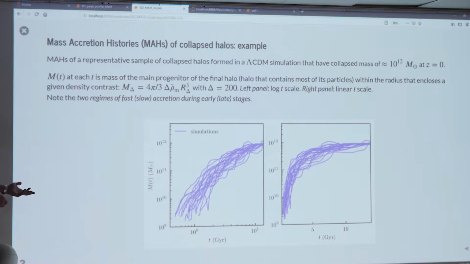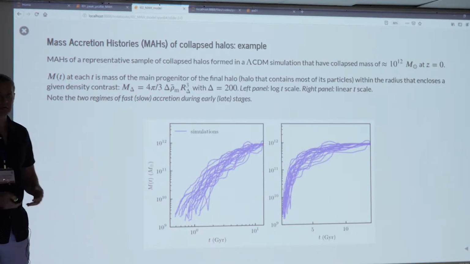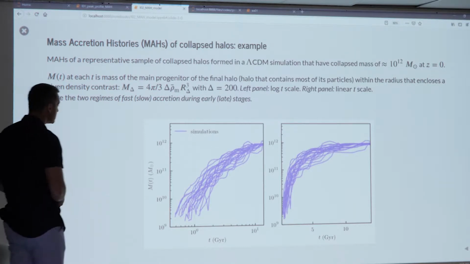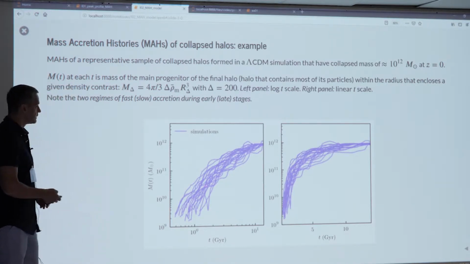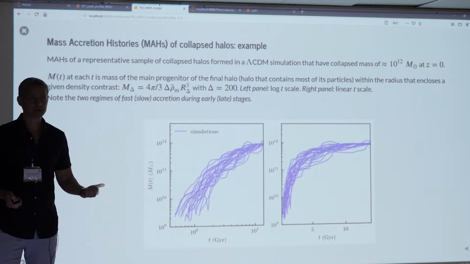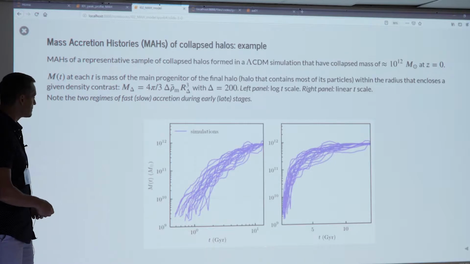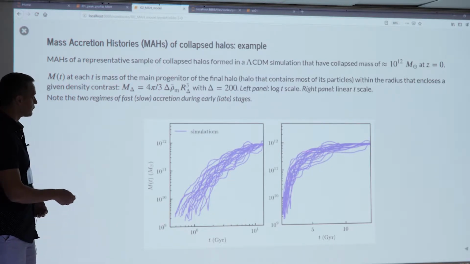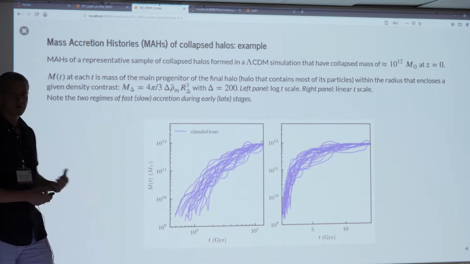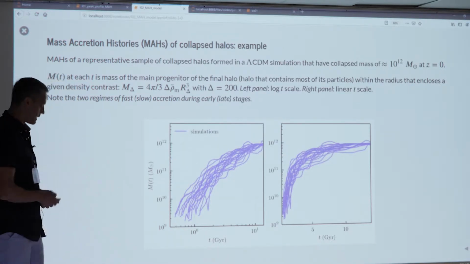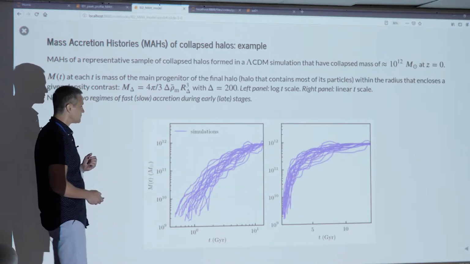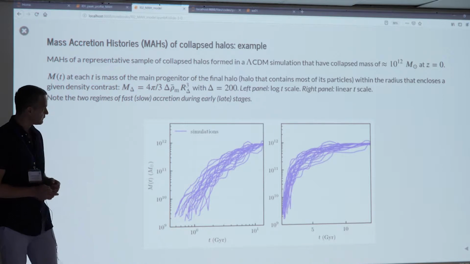I showed you, and maybe you saw in the exercise, that this is how they look like for simulated halos, in this case, for objects that end up with total mass of about 10 to the 12 at redshift 0, which is close to the Milky Way's mass. And again, these two panels just show the same thing. Left panel shows in log-log plot, log mass, log time. Right panel, log mass, but log linear plot, so that the time here is linear, and you can clearly see the two regimes, the fast accretion regime and the slow accretion regime, that is very characteristic of these assembly histories regardless of the mass. And we saw that when we look at objects of different mass in these simulations,